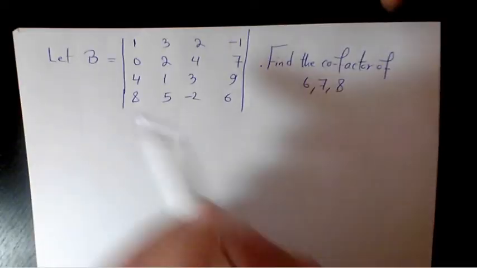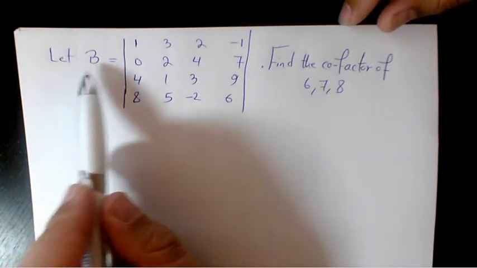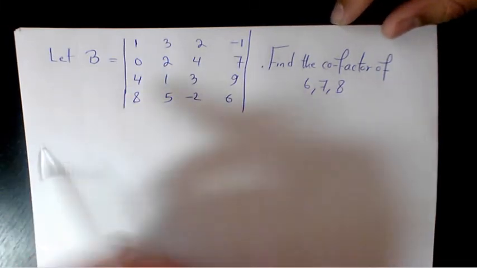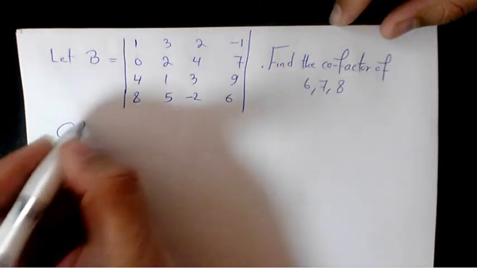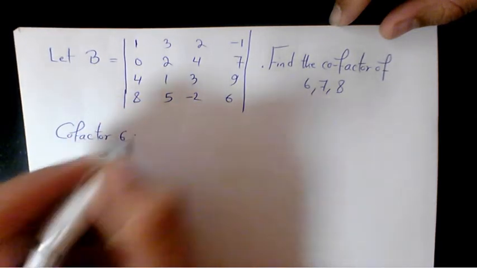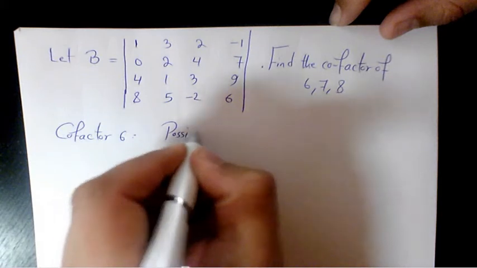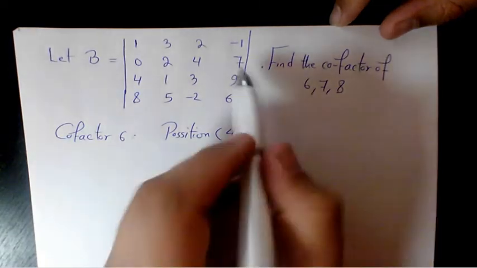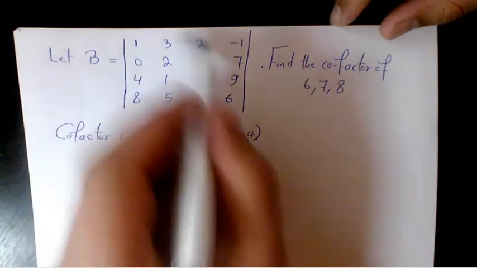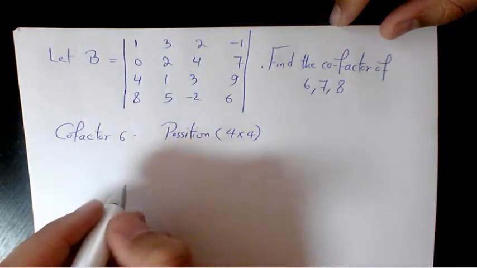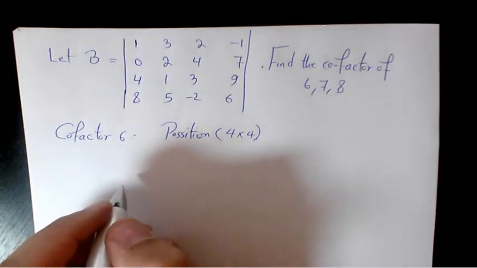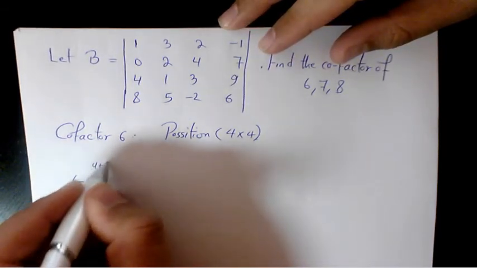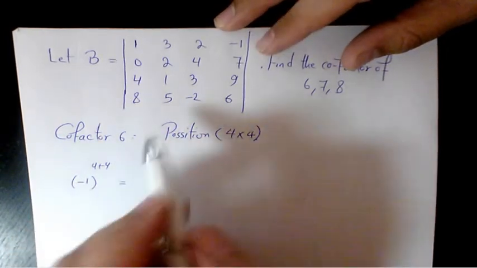Next example, it says find the cofactor of 6, 7, 8 when we are dealing with a 4 by 4 matrix. So let's start from 6. Cofactor of 6. The position is 4 and 4. If we eliminate this column and this row, we're going to get a 3 by 3 matrix. So that's going to be negative 1 to the power of 4 plus 4, which is positive 1, times the